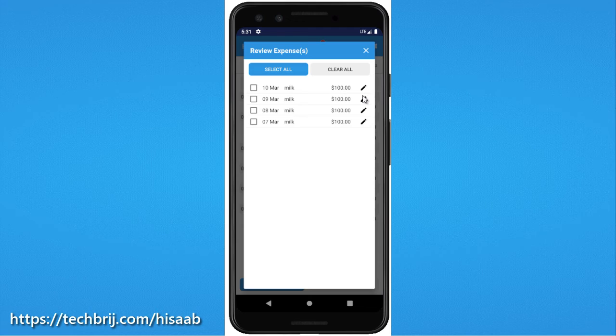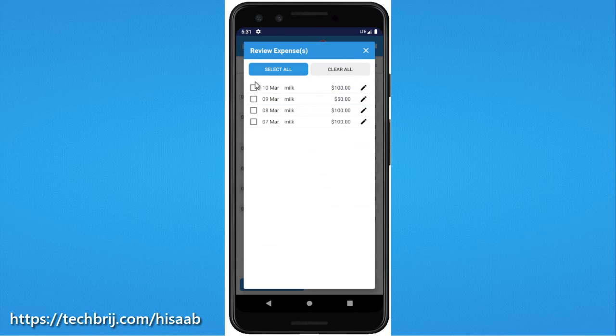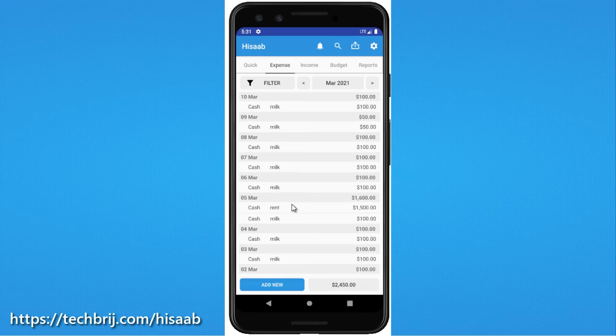Suppose on 9th you want to change the amount from 100 to 50, then click OK. So 50. Here I can select all. Click on approve. Then you can see 7, 8, 9 and on 9th it's $50 and 100. There are 2 main advantages of using these notifications. First, it will remind you this transaction should be done, and second, in case somehow the payment is not done or the date is changed, you can easily update the entry. So this is very helpful.